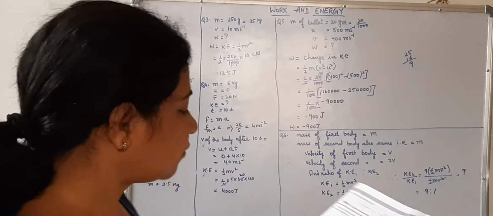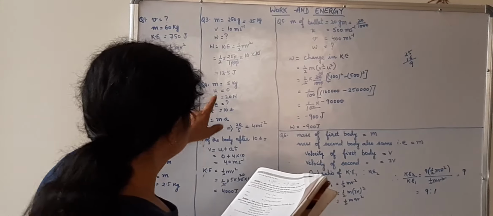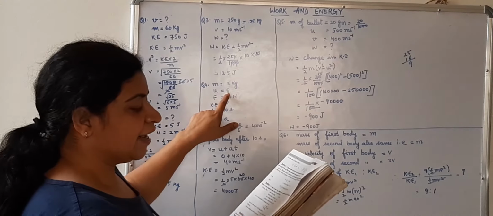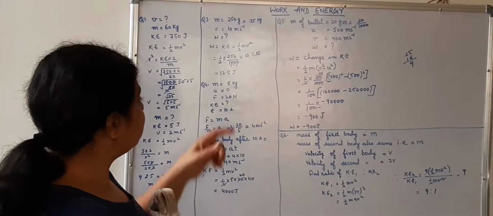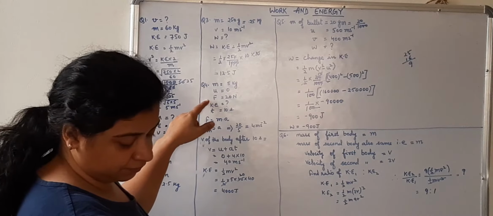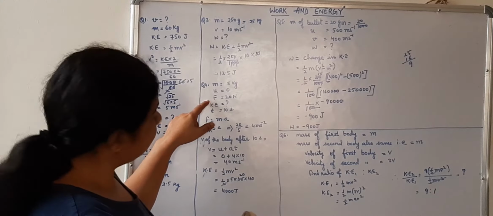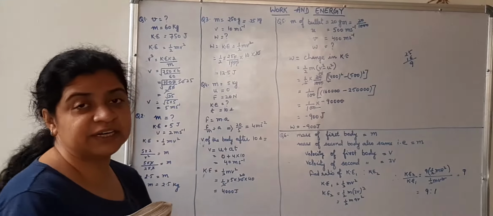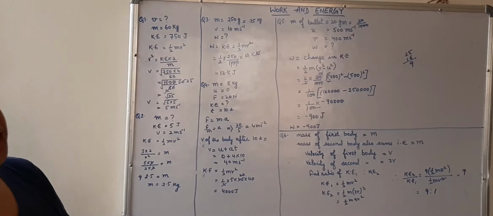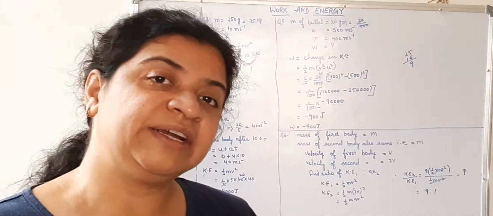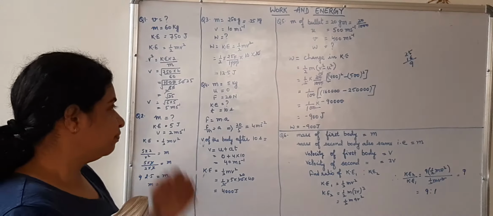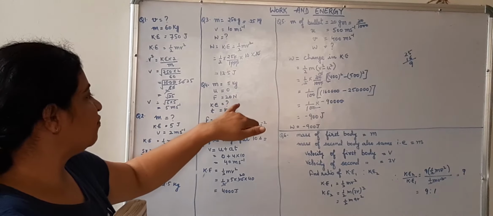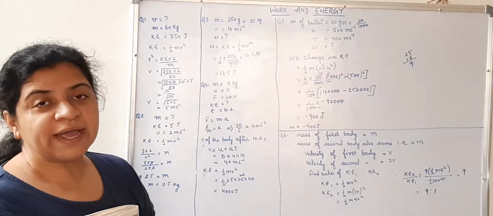Next question. A body of mass 5 kg initially at rest, so I have taken u as 0, is subjected to a force of 20 Newton. Force is given, 20 Newton here. What is the kinetic energy acquired by the body? Kinetic energy we need to find out after a time of 10 seconds. We are given the time here, 10 seconds. Now children, you know that the formula of kinetic energy is half mv square. Now from this I am given mass, I am given initial velocity, I have given force, I have given time. How can I find out?